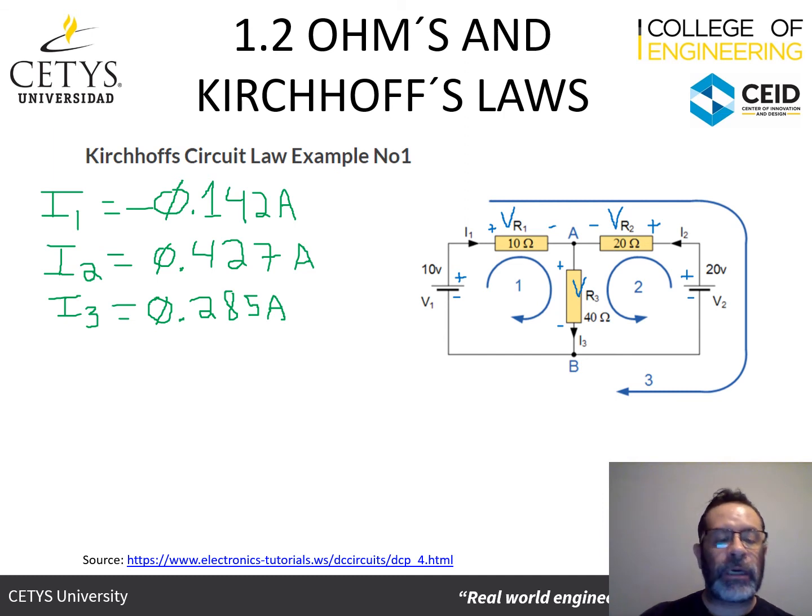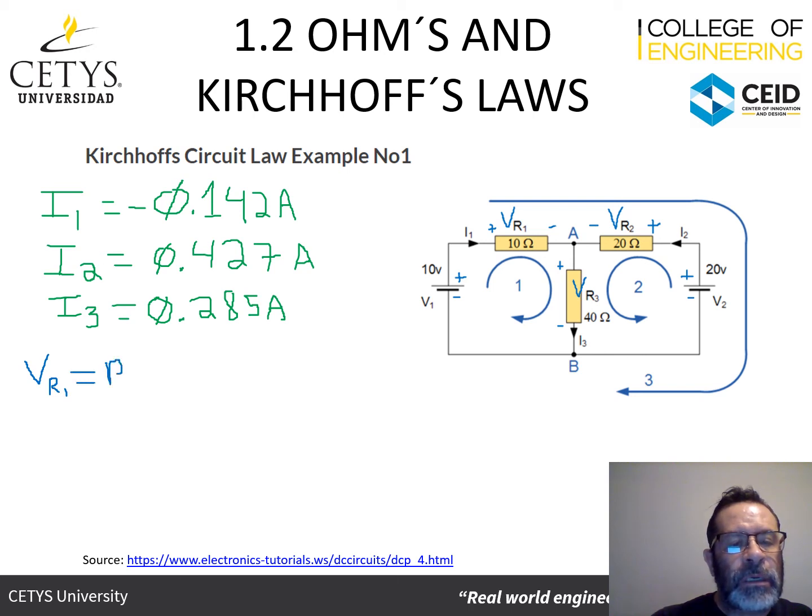So those are the three currents that are here in the circuit. Okay, and so just so we can practice Ohm's law, remember Ohm's law. Let's find the voltages in the resistors. So the voltage in R1 is going to be the resistance in R1 multiplied by the current I1, and this means that it's 10 multiplied by